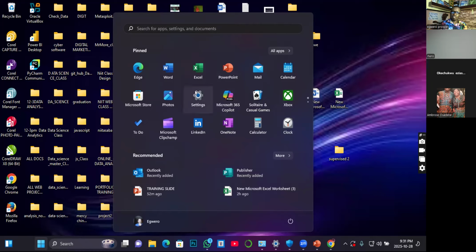So from here, you should know that there is what we call application storage. Once an app is installed in a system, it goes to a particular storage. So it is from that place you will be consulting it each time you want to use it. As you can see, Excel is here as one of the pinned or recently used applications. So in case you can't find it here, maybe because you have not pinned it, or the system has